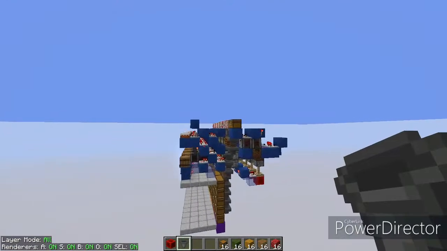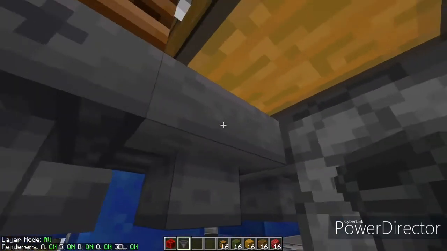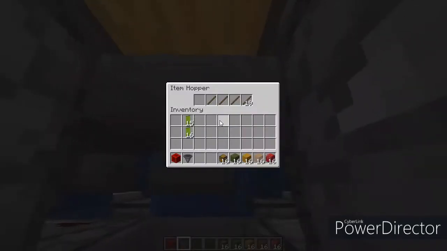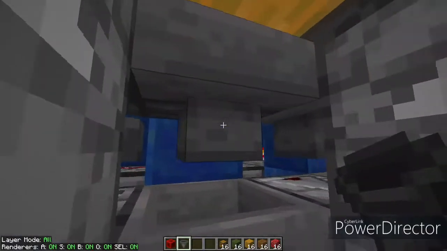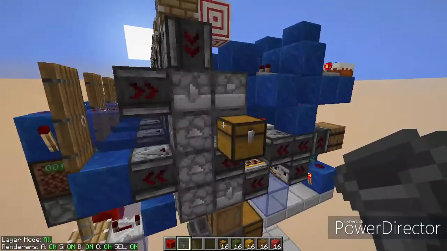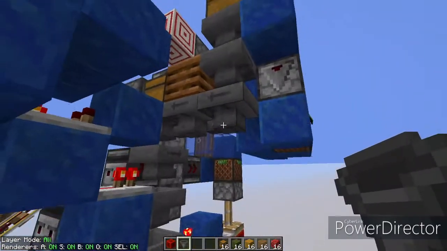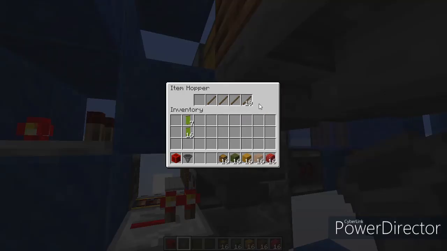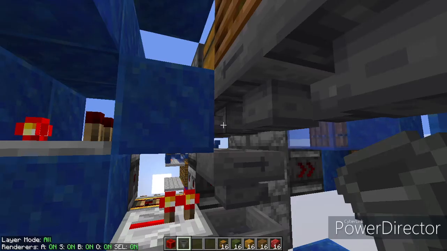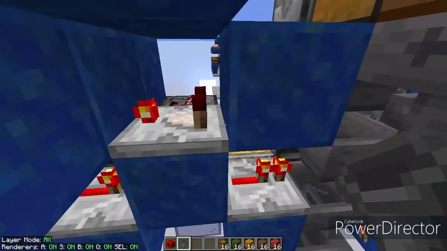And you have to do this for all the hoppers of the system, all hoppers that are under the filter chests. Here, here, and so on. All of them need to be set in that way. The incoming item from the input will go through here and will go in this hopper. I can detect when an item is incoming into this hopper, because this comparator will detect it, and its signal strength will be